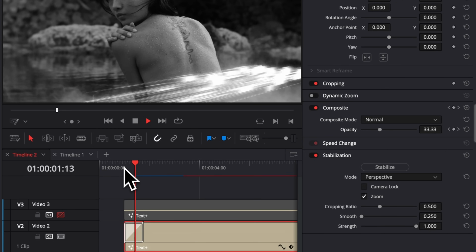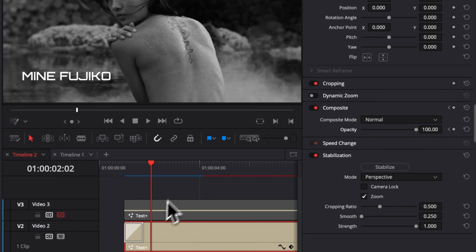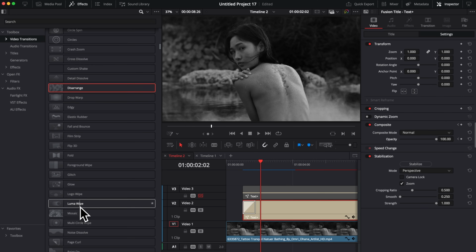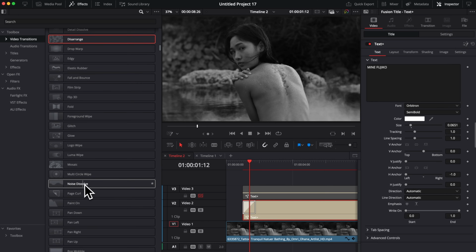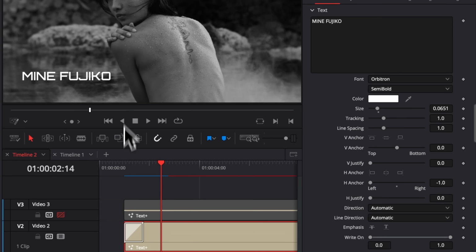Now basically fix that transition and we have something that is quite interesting. So I really like this one. It just requires slightly more work. So if you're willing to just play around with some of them, you might get really interesting results. Another one that I really like that is simple but works well is the noise dissolve, in my opinion. You can just take it and drag it. And as you can see, you're gonna get a simple animation, but in my opinion, it looks very clean and